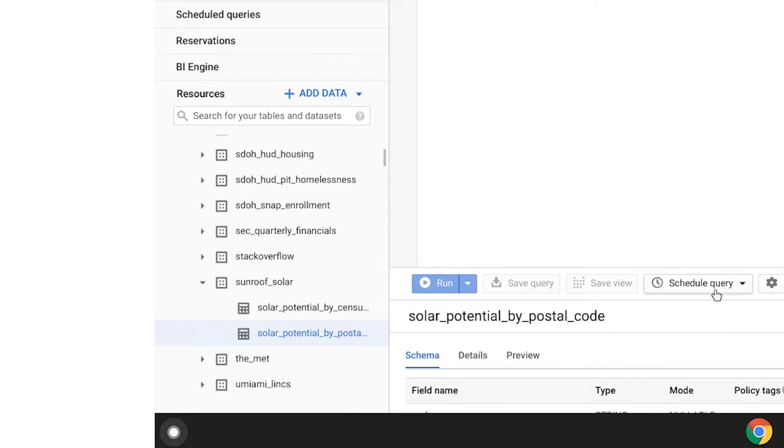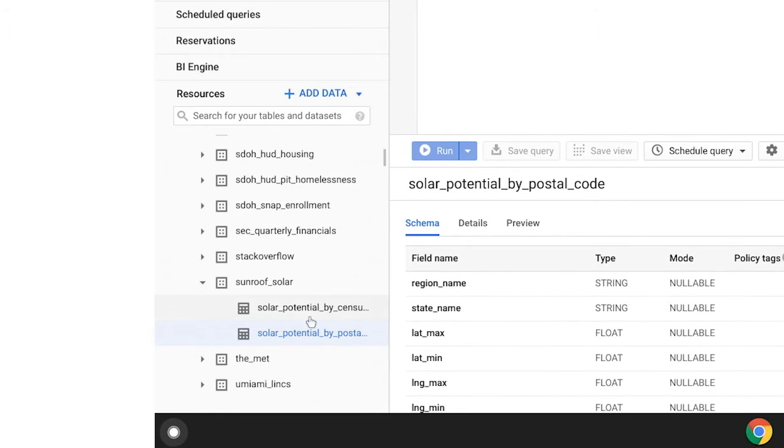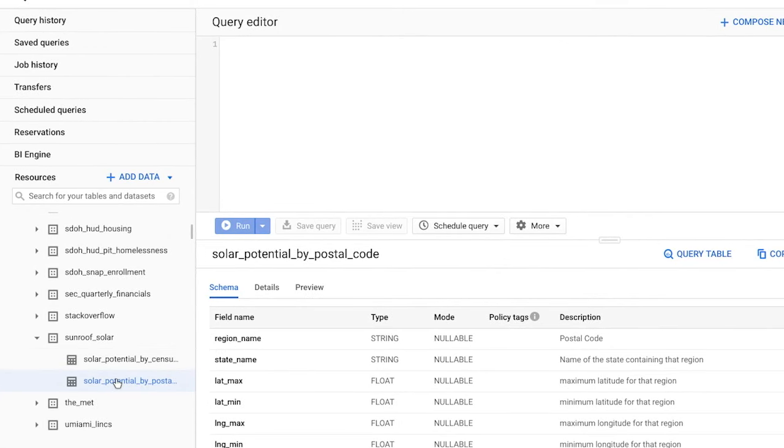This would be very useful for a data analyst working on a solar energy project, for example. We'll start by previewing the dataset. Click on it like this. Then we'll select a subset of this data where we find regions, states, yearly sunlight, and more. Now to see the entire dataset,